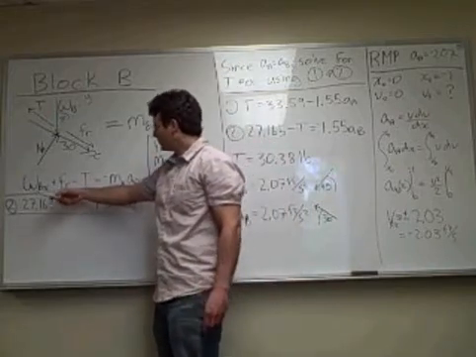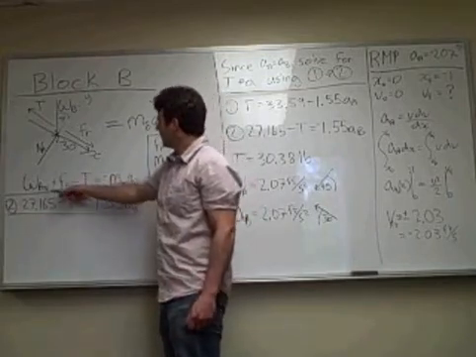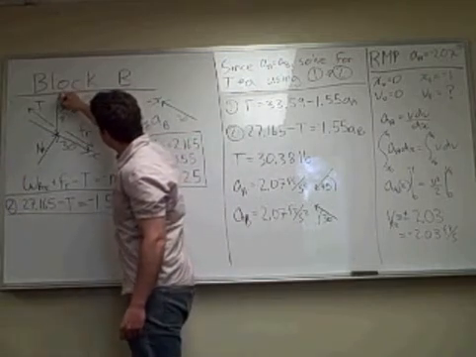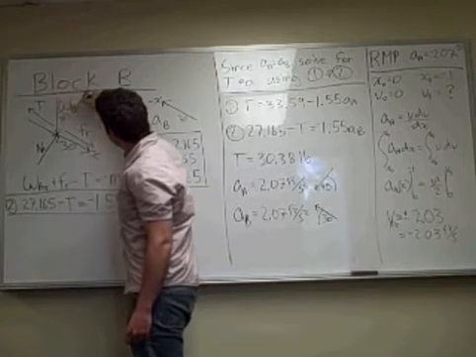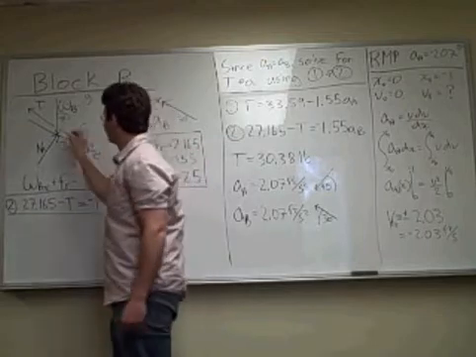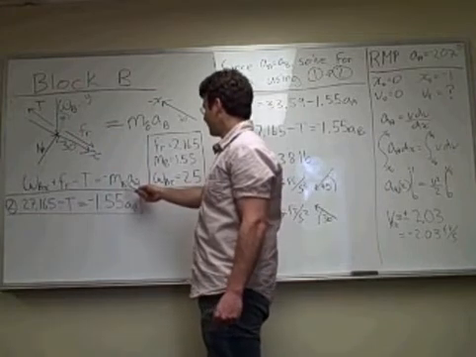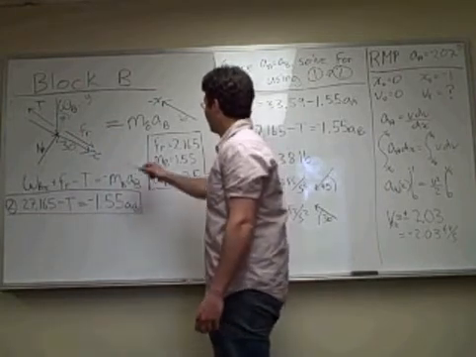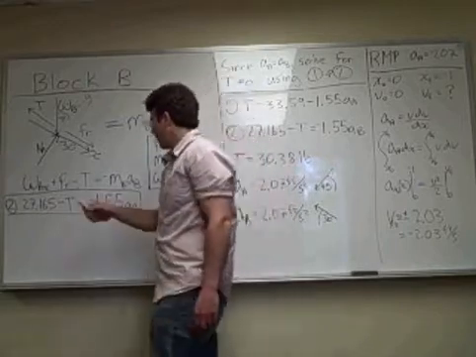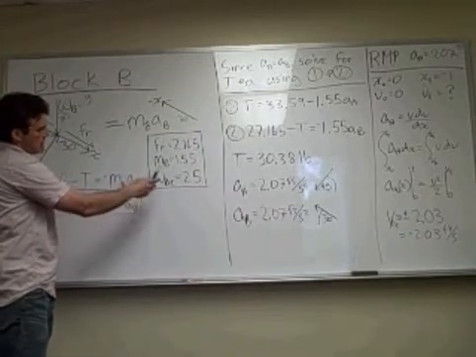So I get WBX plus my friction minus my tension. So the weight in the x direction is going to be positive, the friction positive, the tension negative, equals negative mass of block B times the acceleration of block B, and again that's negative because it's going in the negative x direction. And so I plug in our numbers, I solve for friction, I solve for mass, and I solve